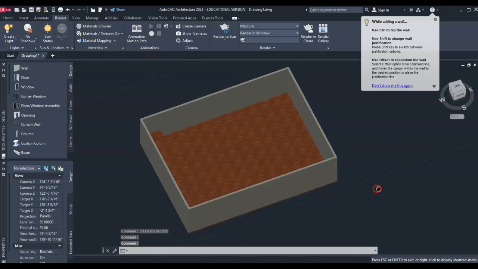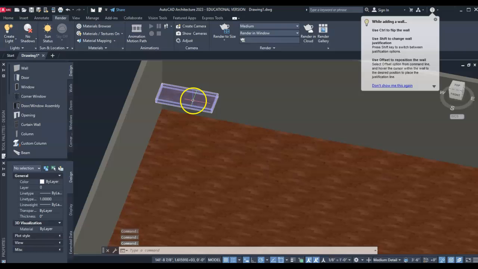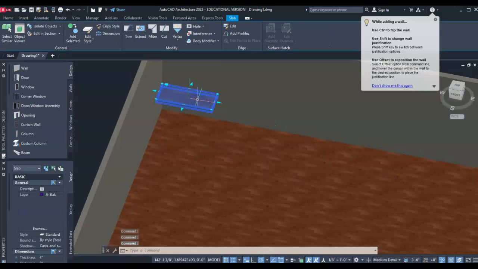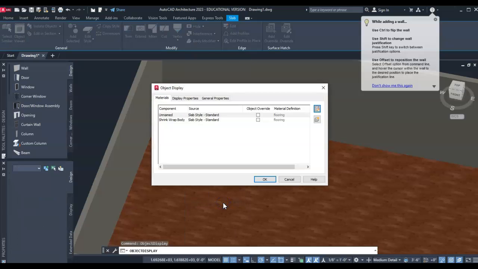Alright, if I want to change just my countertop here, I know it's floating, there's no cabinets, but I just made this to have a blank one from the beginning. So if I click on this countertop, right click, and I go to Edit Object Display, it won't let me change the material definition, but what I can do is override it. So I check those boxes,